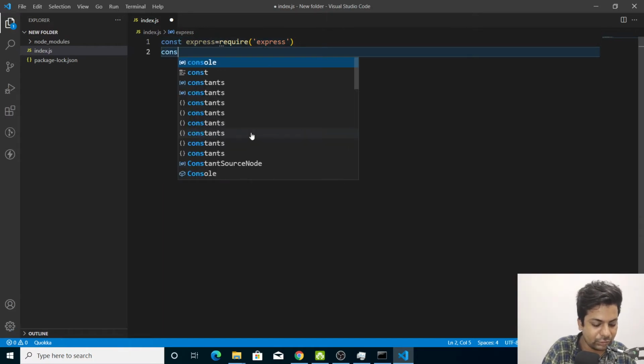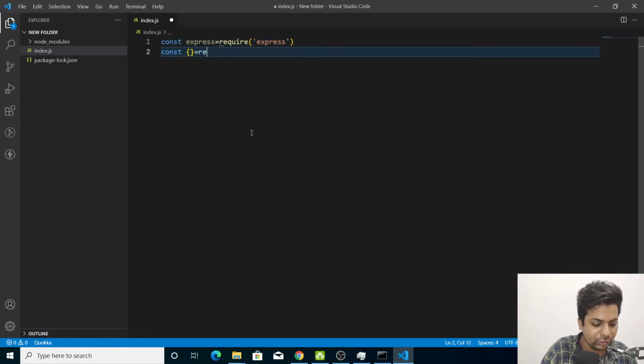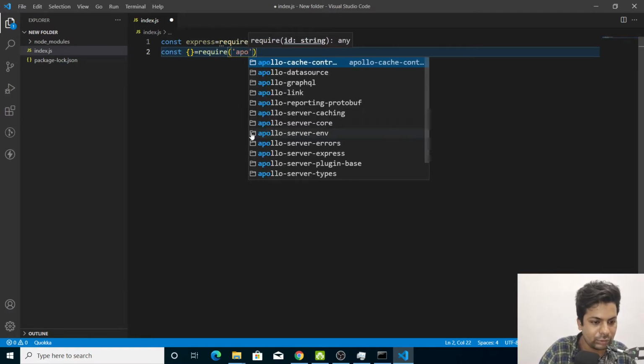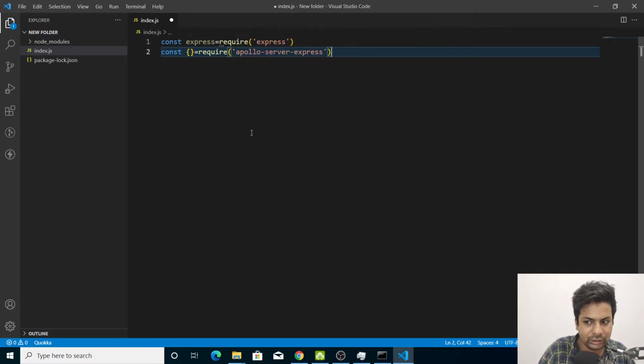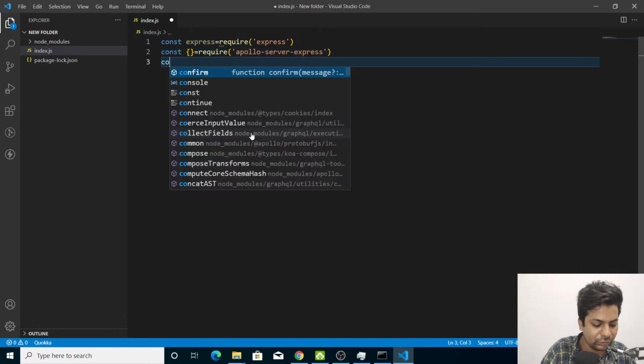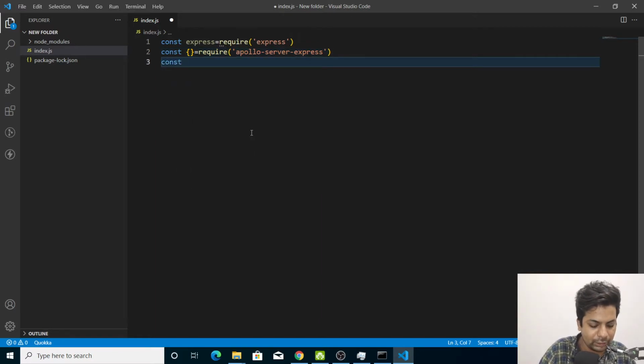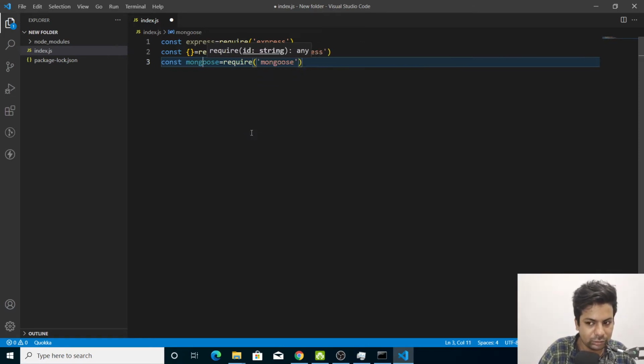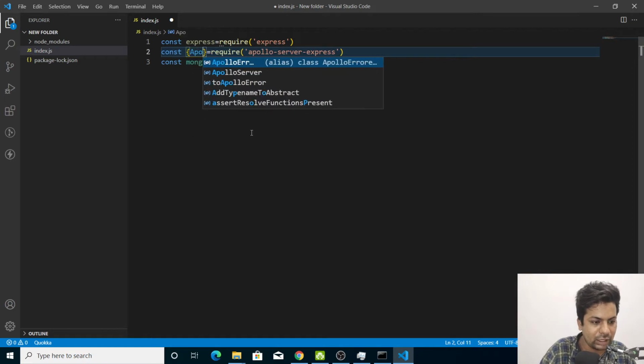Then we'll say const apollo server equals require apollo server express. Then we'll say const mongoose equals require mongoose.